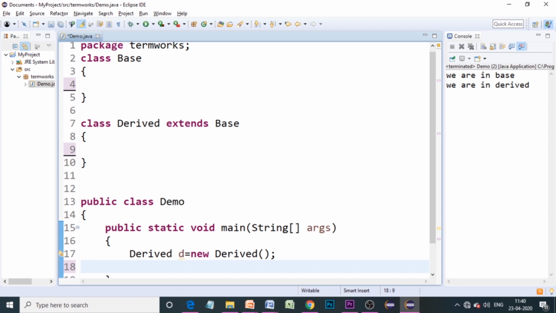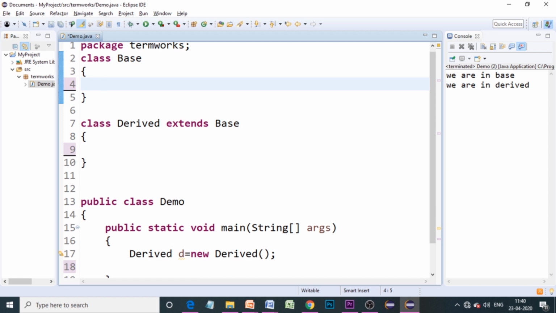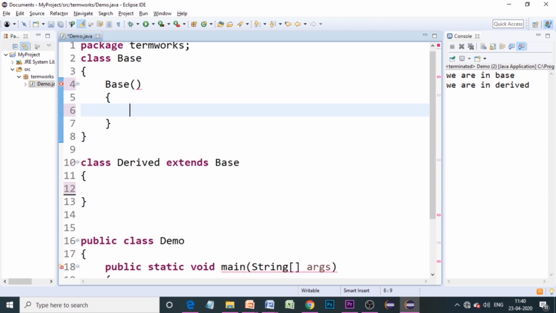The constructor will be called the moment you create any object of the class, right? So let's create some constructors over here. I'm going to create a constructor in the base class. This is a parameterless constructor. The meaning of parameterless constructor is one which will not take any parameters. It is an empty pair of parentheses, that is what I have used over here.